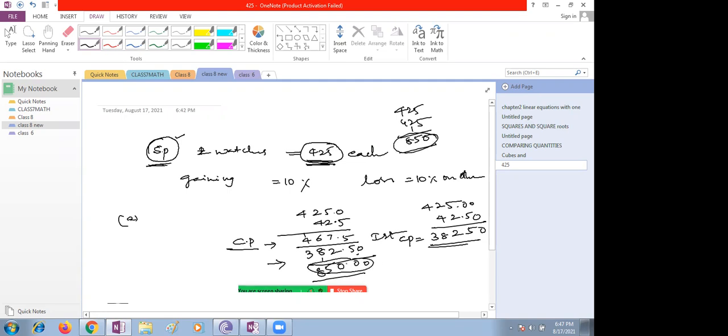Ma'am, we need to find a loss of 382.50. No, ma'am. Shreya, according to the question, whatever selling prices you are giving, right? Selling price of each, there is a loss. Suppose he is supposed to sell it for 382.50. Ma'am, can I know the options? Gain or neither gain nor loss, gains 1% or loses 1%. What option is correct in that?